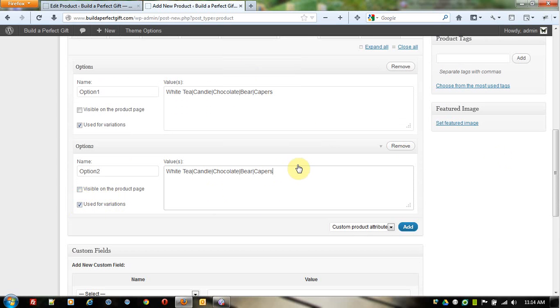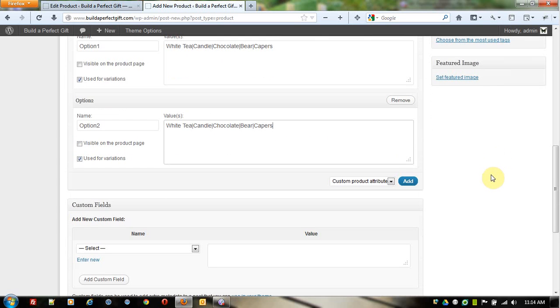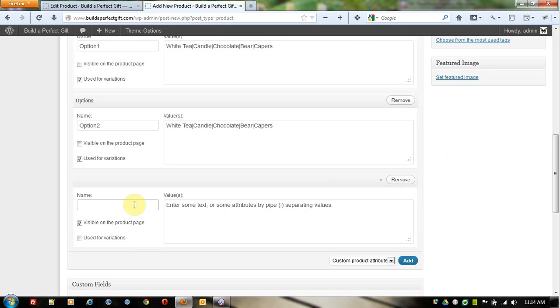These don't have to be the same. I could give them different selections on each one of these if I want to, but I don't. I want them to make 3 selections from the same list on this one, so that's why I'm doing it this way. Next I'm going to enter in option 3, uncheck visible on product page, check used for variations,